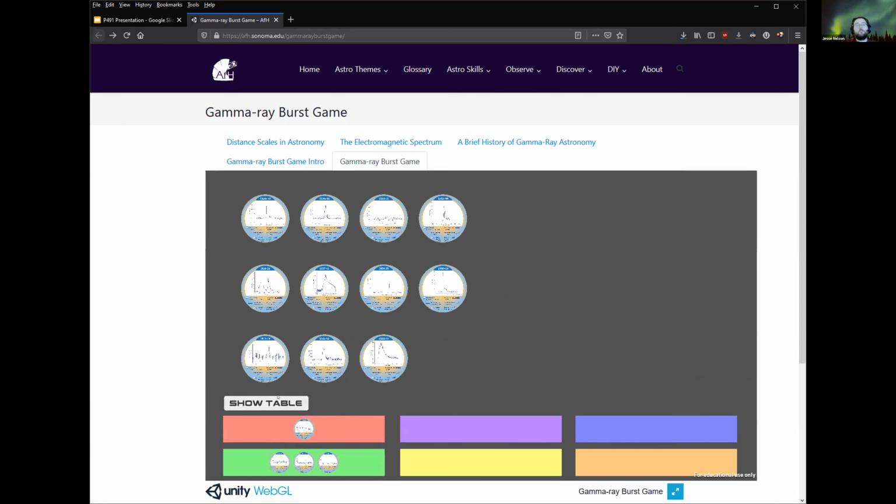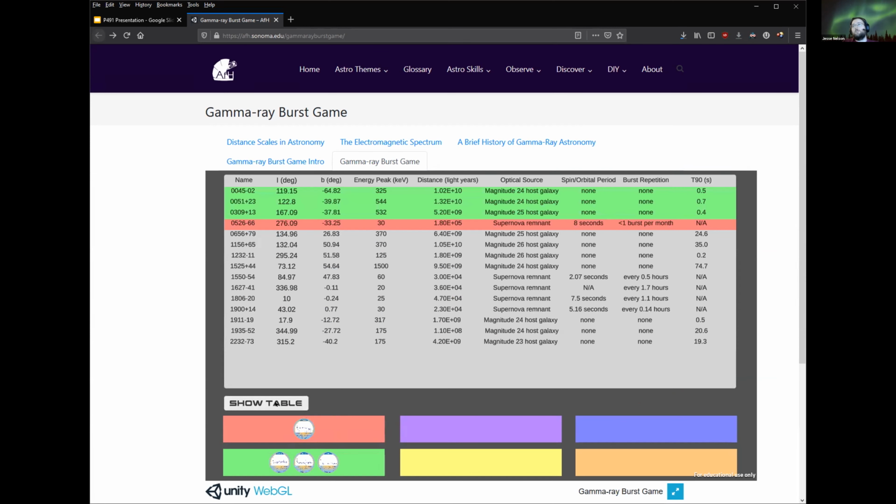And then one thing to also point out is as I make these groupings at any given time, I can pull up this data table. This is a summary of all of the bursts. And basically, as I move these objects into these colored buckets, they will become highlighted on the table. So I can look and see, are these things that I'm grouping together, do they actually share characteristics? I can look at all the data at once and see if the groups that I'm putting together still make sense with all the information presented at the same time.